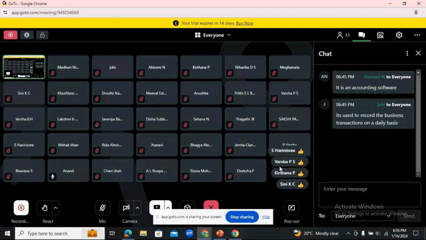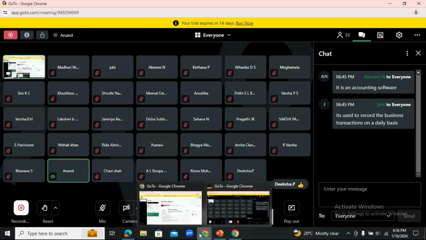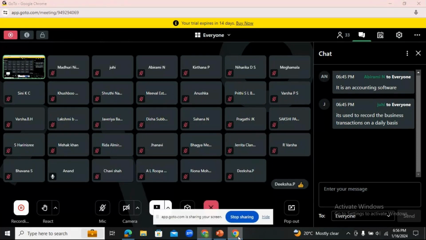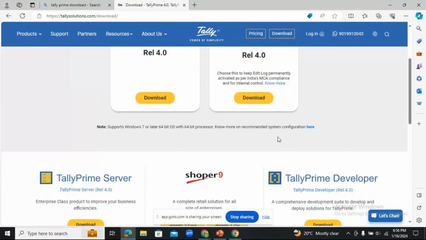Right. So let's start. Before we download it, as I've told you, below there's a small note, but in addition we have a hyperlink here. If you observe, it is in blue color. Just click on that hyperlink.